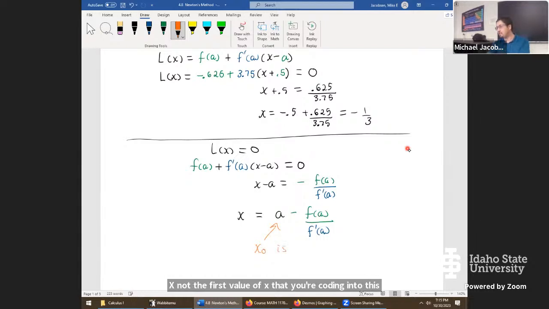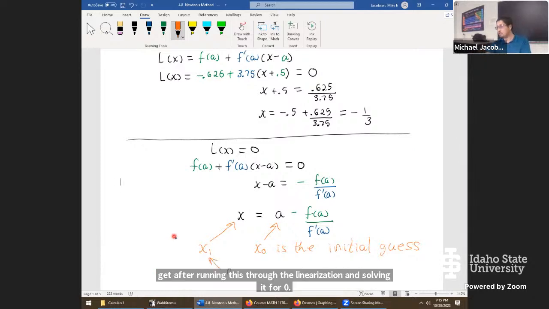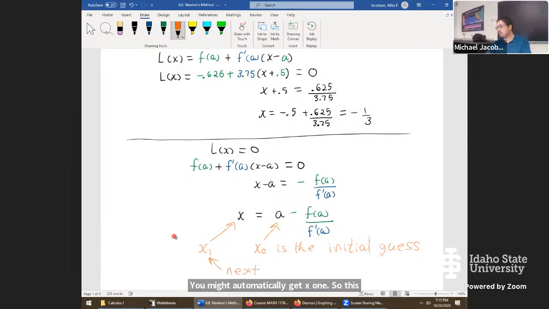So x naught is the initial guess. The value here we might call x1. It's the value you get after running this through the linearization and solving it for 0. You might automatically get x1. So this is the next approximate